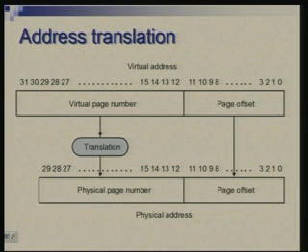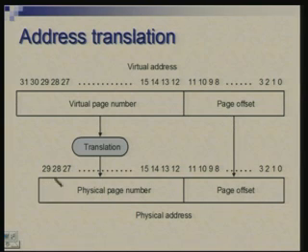So, this process is called translation of the address. Imagine that you have a virtual address, I am showing 32 bits in this case. This could be divided into page offset and virtual page number. So, suppose page size is 4 kilobytes, which means a 12-bit number will specify the byte within a page. Rest of the address is the page number. So, we have these 20 bits specifying page number and 12 bits specifying address within a page.